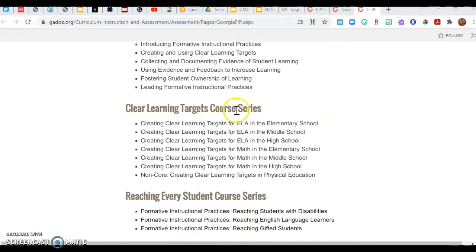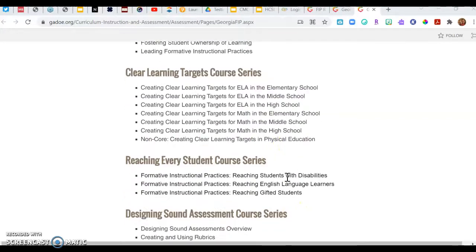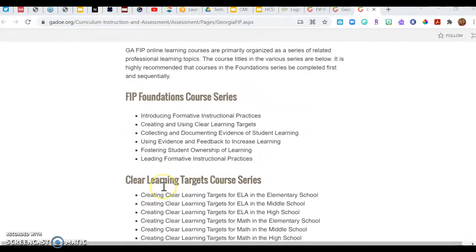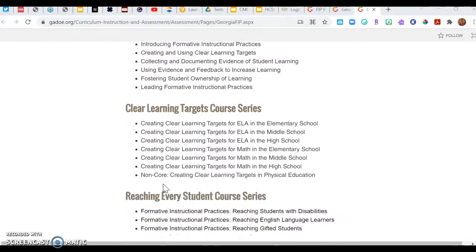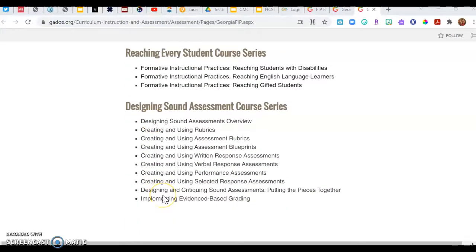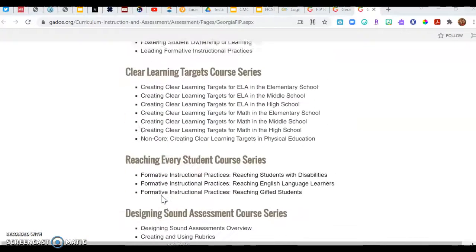Clear learning targets course series: ELA, elementary, middle, high, specific creating learning targets for that subject area, and then the same thing in math. And then heck, look at that, physical education. How about them apples? So they basically take each of these 6 on the Foundations course and expound on them a little bit deeper. So the reaching every student, designing sound assessments, and then they were supposed to this year